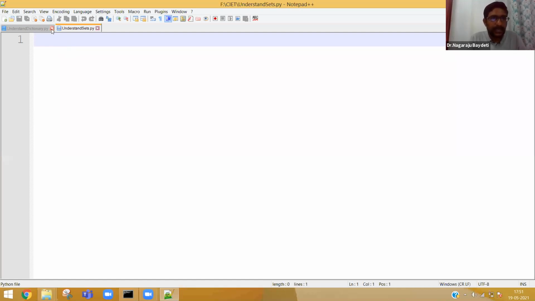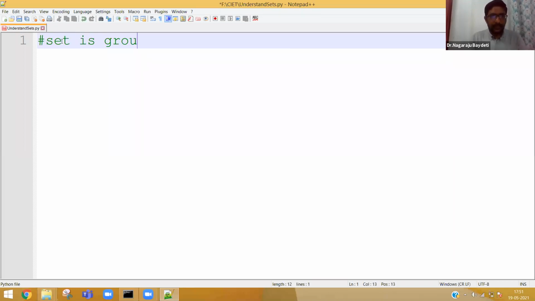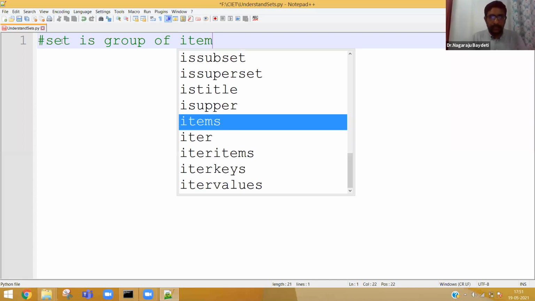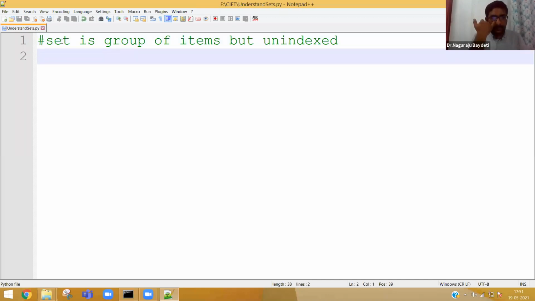Set is unindexed in Python. Set is obviously a group of items, but unindexed. This one line is enough to make you understand. That means you cannot perform index based operations like list, tuple, and dictionary.